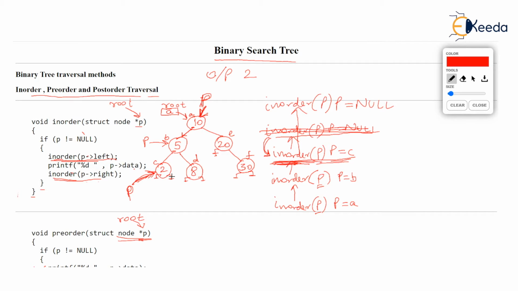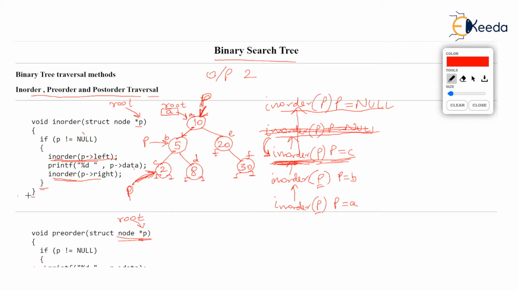So now what happens when this inorder runs with p equal to null? When the function with p equal to null runs, observe the parameter p is null, nothing happens but the function ends. Because the if statement, if p not equal to null, is false, p is null now, isn't it? So these lines will not run. All the three lines written in the if won't run. The if will end and the function will end.